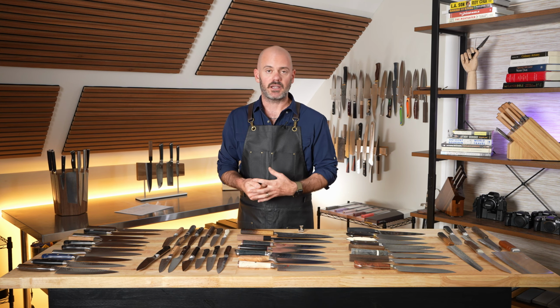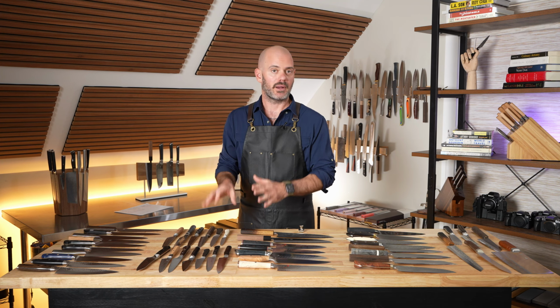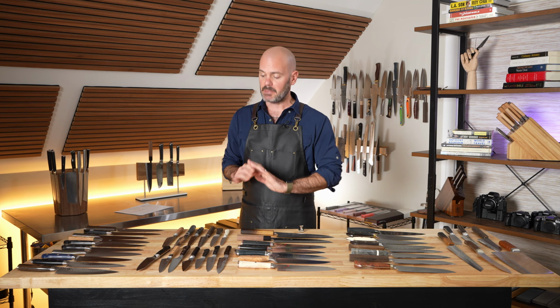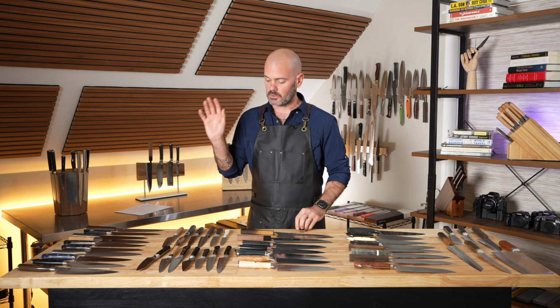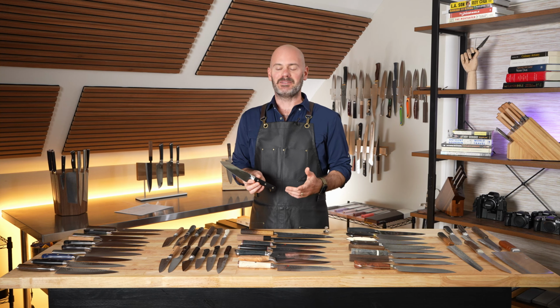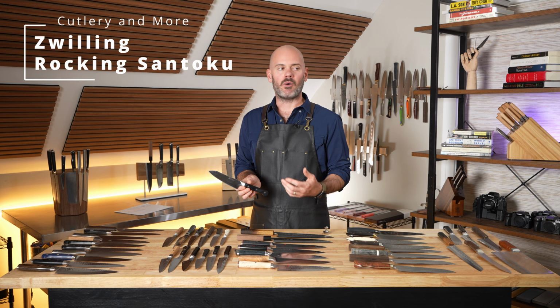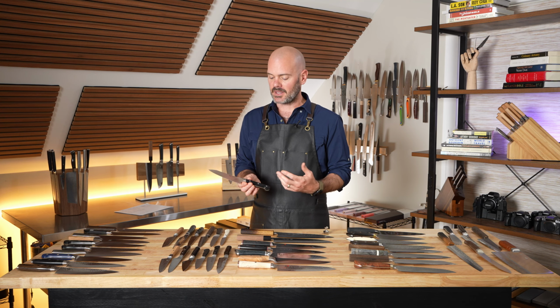And so many chefs that I know, that I'm friends with, absolutely love prep knives, utility knives, petty knives, whatever you like to call it. So let's just kind of start basic. This is a Zwilling. They market this as a rocking Santoku. I have no idea why. There is nothing